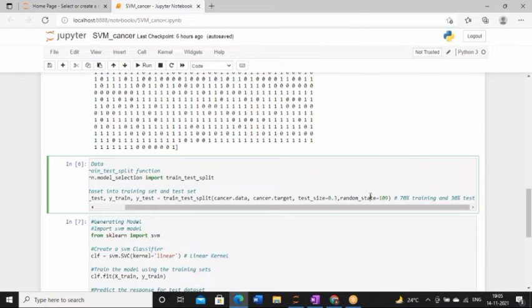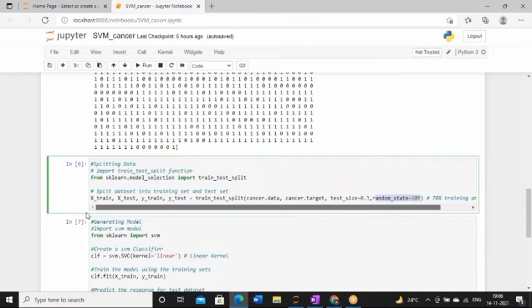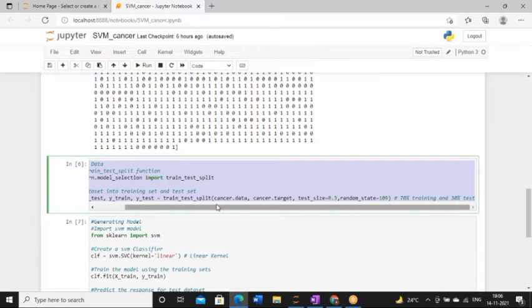But I have one question for you all. What do you mean by random_state 109? I have already explained it for the previous algorithms. So this is an open question for you all: what is the meaning of this parameter? You don't have to answer it right now. Think about what this is all about and why we need this random_state variable. Anyways, this is how this part is used for splitting purposes. So here I am splitting our data set.